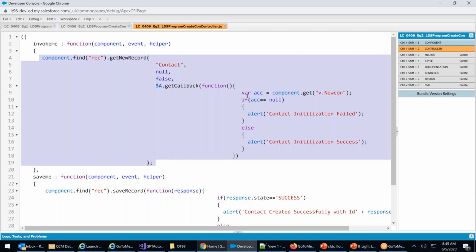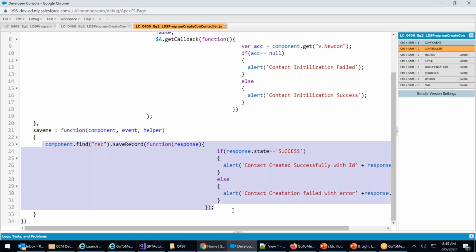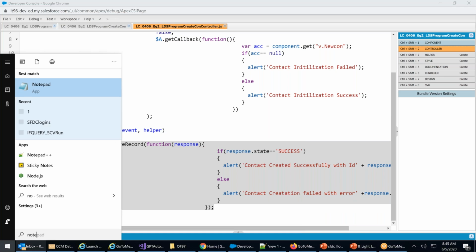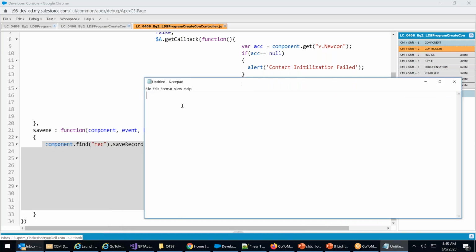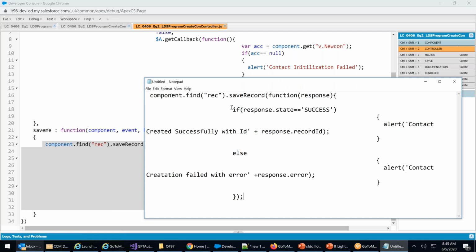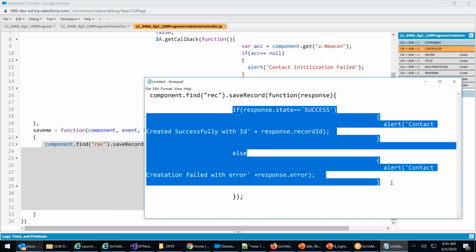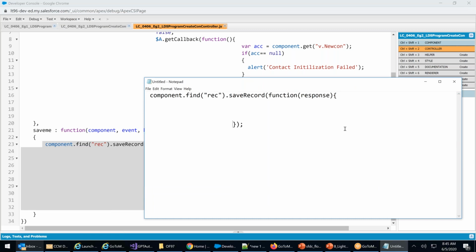You can see that all these alert messages are in the bracket. Similarly, ideally, what is the program? Now let's keep on writing the program. What is the command? The command is this, right? This is the single line program. Right, let me put it here. This is to save a record.